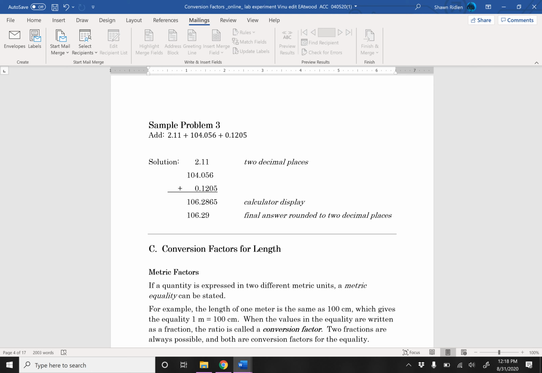Okay, but when you're starting out, this is the best way to do it. What you want to do is find the number that has the least places after the decimal. The way I was taught is you draw a line like this, and that will tell you exactly where to round your answer. So the 2.11 only has 2 after the decimal, so I'll draw a line, and that tells me to chop all of my numbers after 2 places after the